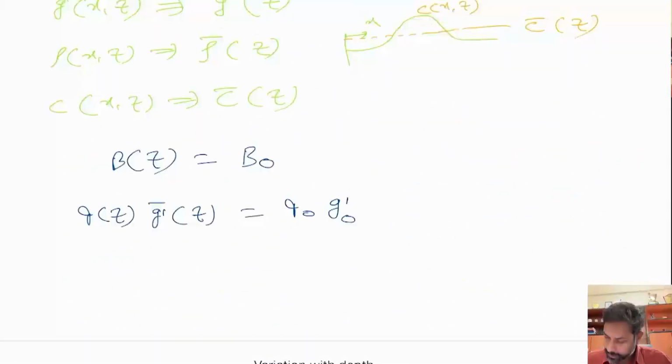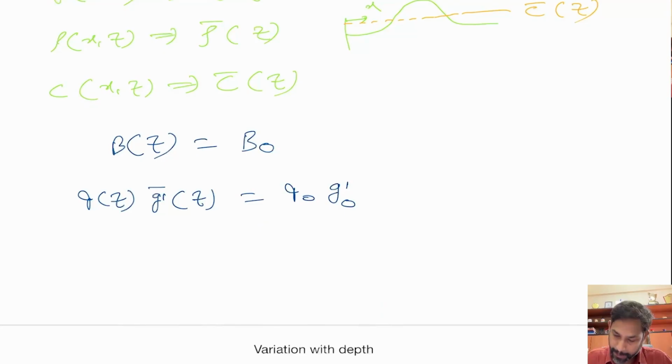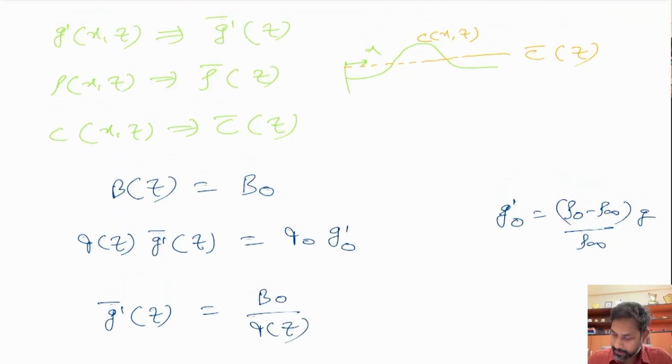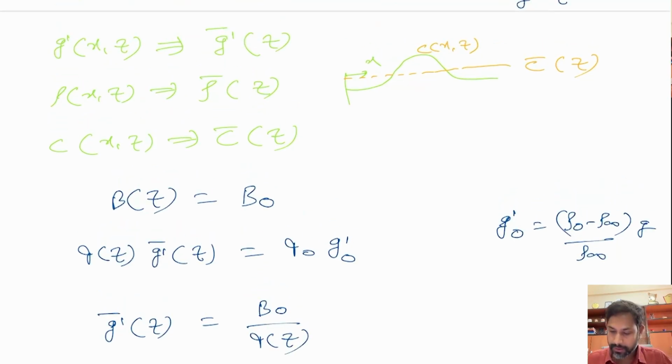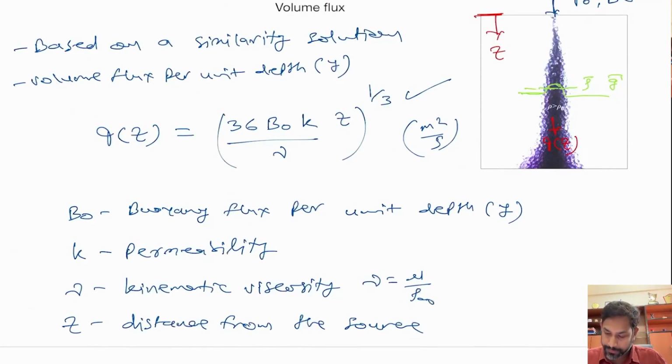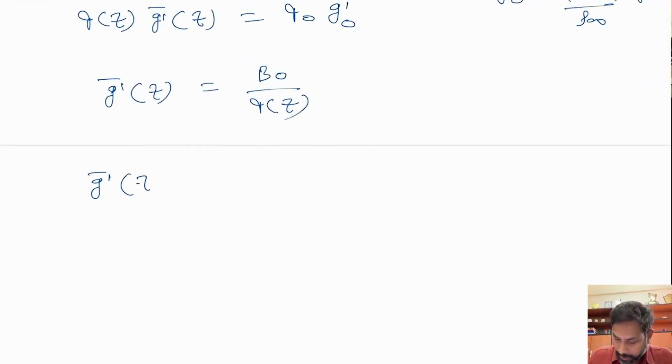Okay, so I'll write G prime naught as rho naught minus rho infinity over rho infinity times G, and this gives us G prime bar as a function of z equal to B naught over Q of z. Okay, and what is Q of z? That is something we just found out, that is this formula, right? And if you divide B naught by Q of z, that will give us G prime bar of z